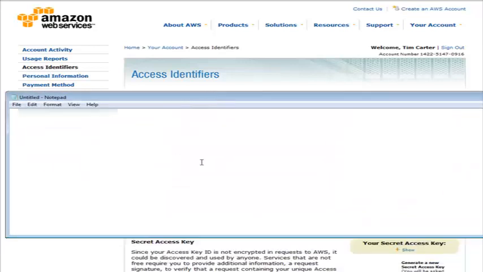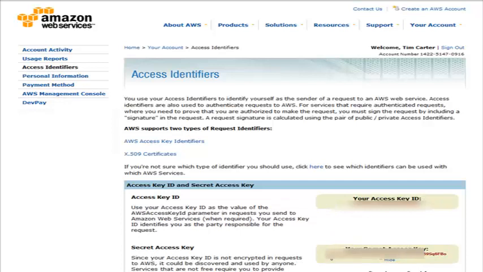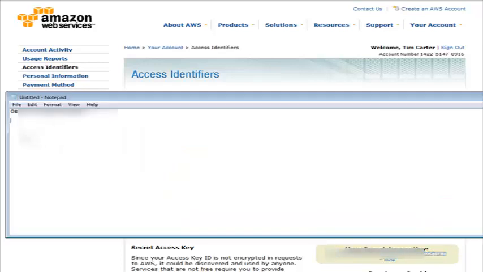Paste it in here, and then go back to your browser here, then click on Show underneath your secret access key. Grab that,